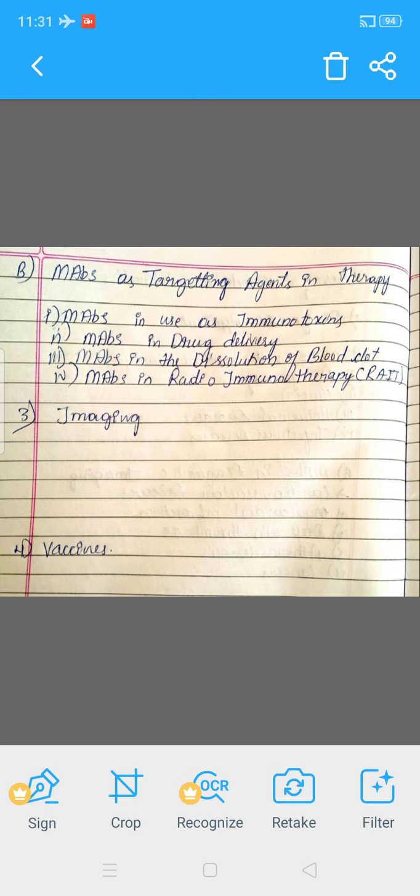And next one is imaging. Radiolabeled monoclonal antibodies can be used for imaging of a number of different cancers. Radioimmunoscintigraphy is a functional examination that allows for the in vivo imaging of abnormal pathologic processes such as infection, infarcts and malignant tumors. This is accomplished using radiolabeled antibodies and standard gamma scintillation cameras.